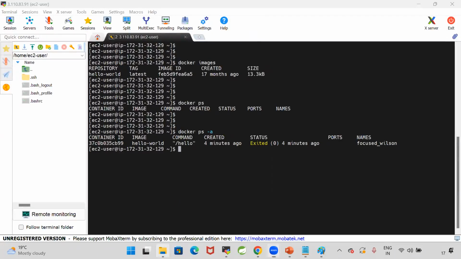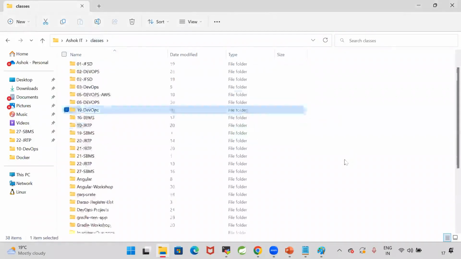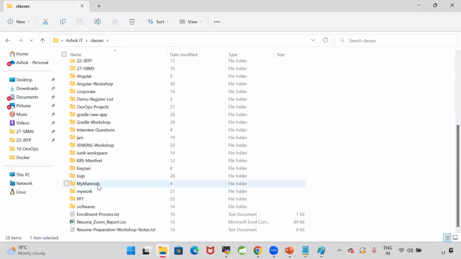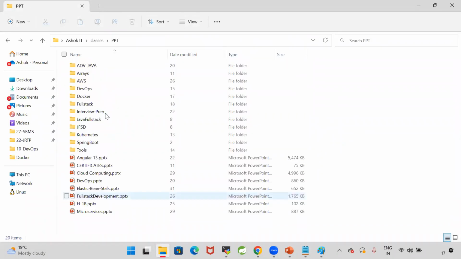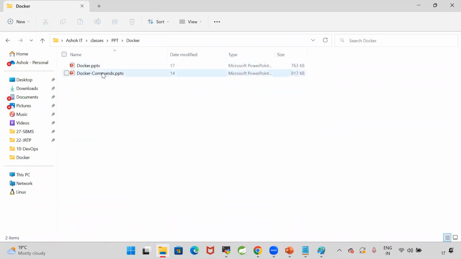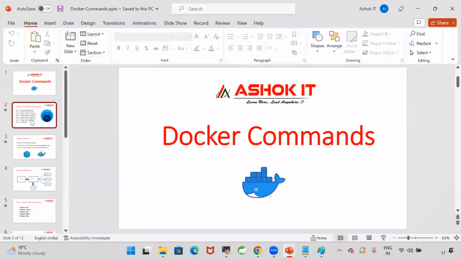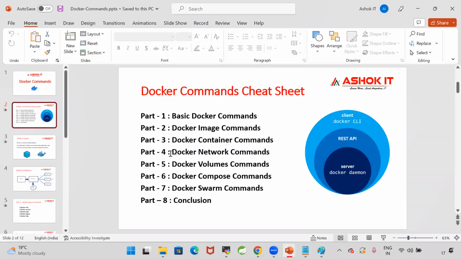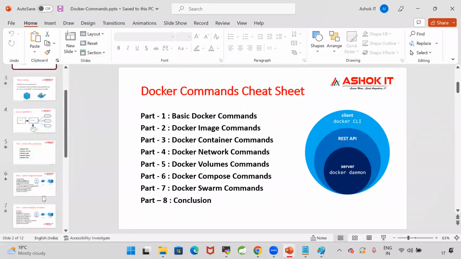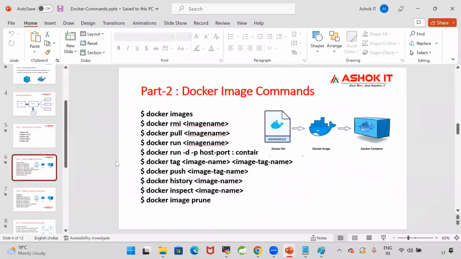Perfect. So there are so many commands that we need to understand, guys. So at the end, I will give you a cheat sheet for the Docker commands. I have prepared all the Docker commands and I have uploaded that video also on YouTube. I have divided these commands into 8 parts. Basic Docker image commands will be available: RMI command to remove the image, pull command, run command, tag command, push command, history command, inspect command, prune command,